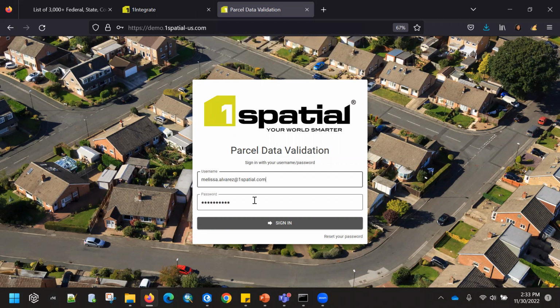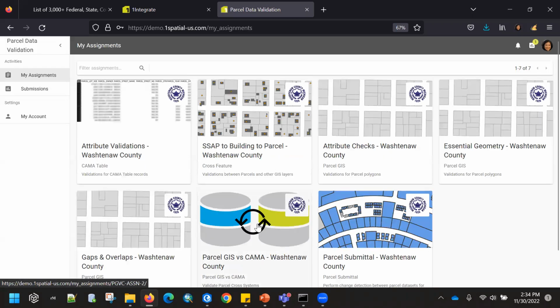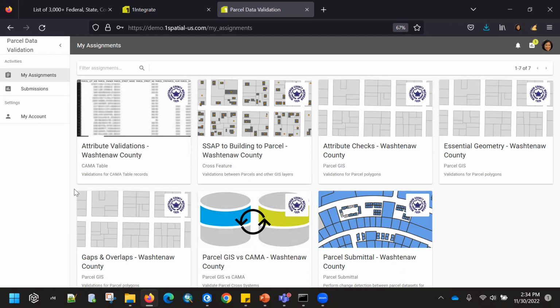Even if this is my example, I do want to clarify that one of the other options that we offer is that we can provide validation as a service for your parcel data sets. We have a lot of options on how you want this environment to be hosted, and we can definitely work with your needs on that. So again, I'm going to log in as a county user. Let's say that my state has hosted One Data Gateway, and they're telling me that for me to submit my parcel data to them, I have these validation workflows available to me.